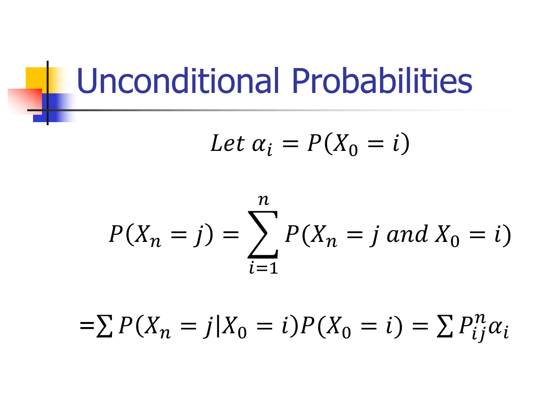Now, we know it's a probabilistic fact that the probability of A and B is the probability of A given B times the probability of B. So I'm just applying that rule. The probability that X sub n equals j given that X sub 0 equals i is just the n-step transition probability, P_ij to the power n. And that other piece, the probability X0 equals i, is alpha i. So this gives me unconditional probabilities. What do I mean by that? We'll see in a word problem in just a second.